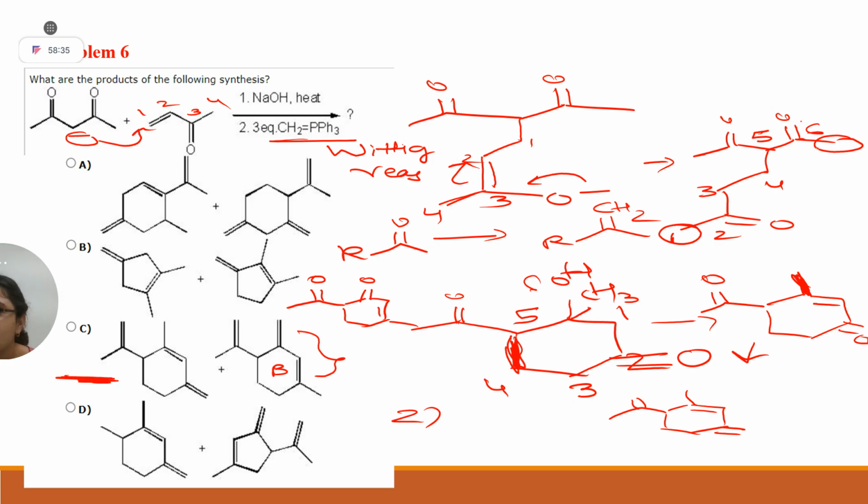But it has another possibility also. It can abstract a proton from carbon number 6 and attack on carbon number 2. Yes or no? You please draw that product and you will get this product. If not, please inform me. Take your 30 seconds and please draw that product. Abstract a proton from carbon number 6 and attack on carbon number 2. 1, 2, 3, 4, 5, 6. Yes, a 6-member ring will form. Take your time and make it, and confirm that you are getting product B also.